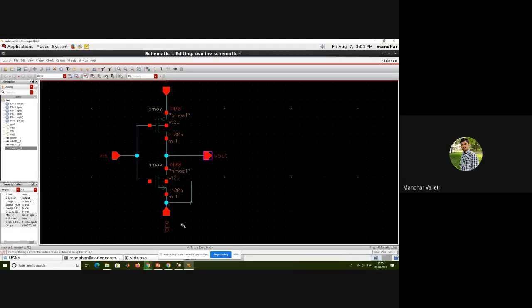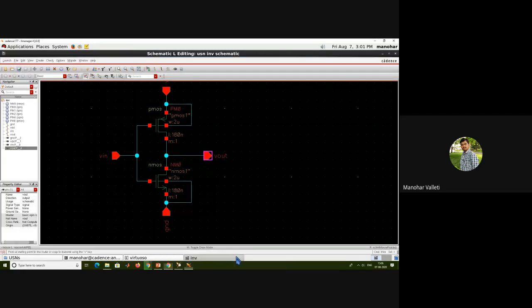To the source. NMOS source is below. In the same way, for the PMOS substrate, where do I need to connect? To the source. For the PMOS source, you just see the current direction between source and gate. So like this I need to connect. So this is my complete inverter circuit, right? Once the circuit is complete, then check and save. Okay, what is happening? Are there any errors?